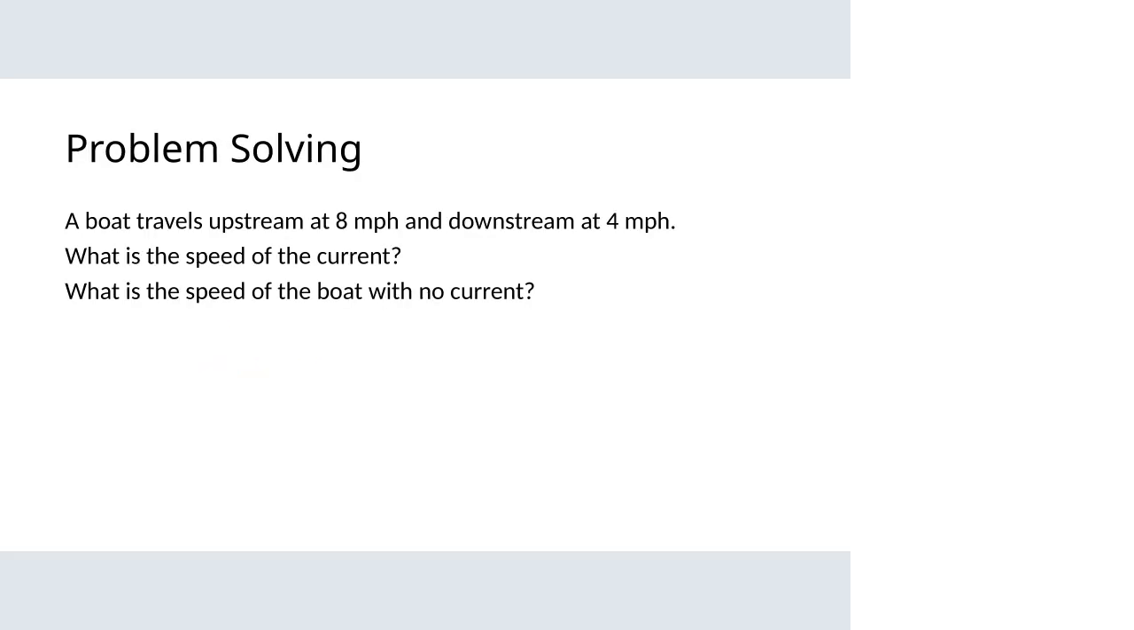Another type of problem solving reads like it would be a lot more complicated than it really is. A boat travels upstream at 8 miles per hour and downstream at 4 miles per hour. Now, what's important to recognize about this is we've got this stream, and in that stream, there is a current pushing one way or the other. That's why the boat can go,